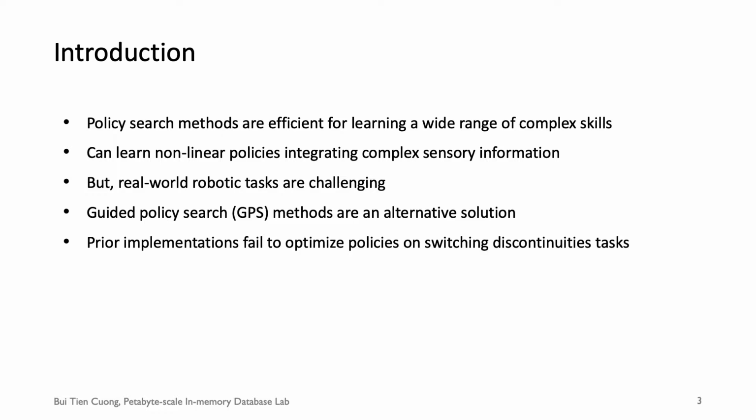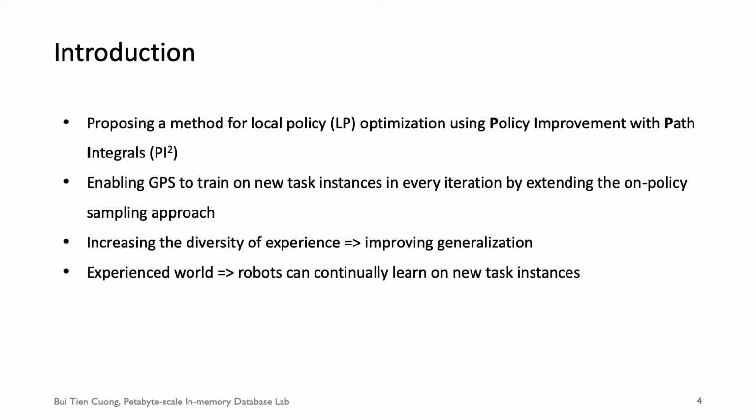However, real-world robotic tasks are challenging, and it's not straightforward to apply deep reinforcement learning directly due to the high sample complexity of these methods. Using a set of local policies optimized on specific instances to train a global policy can be an alternative solution, like guided policy search methods. However, prior implementations failed to optimize policy on tasks involving complex contact with switching discontinuities, such as door opening or